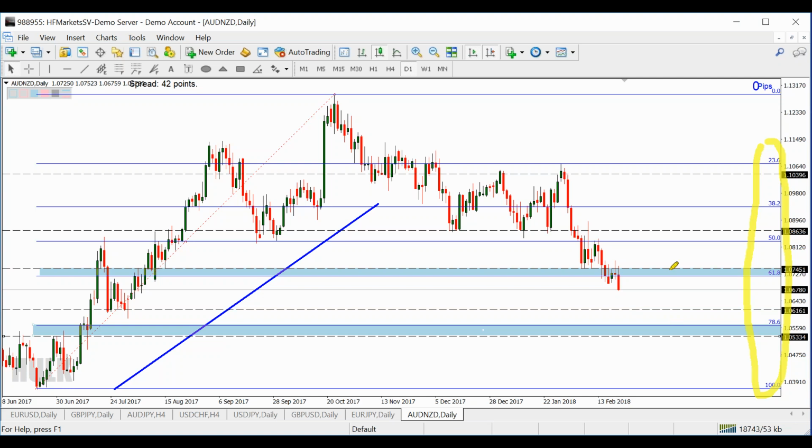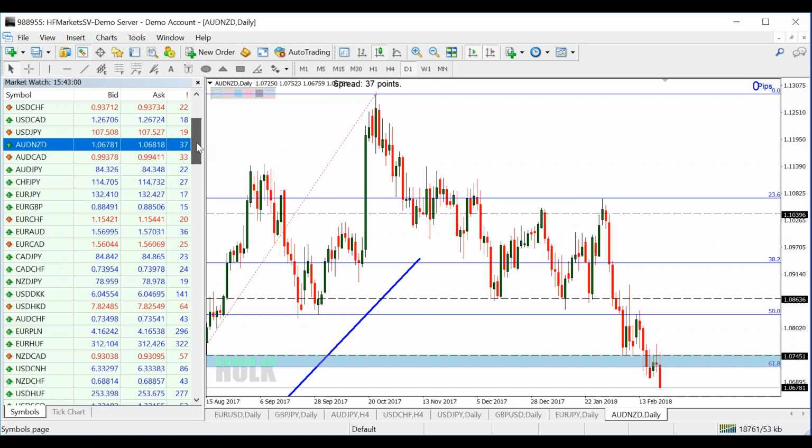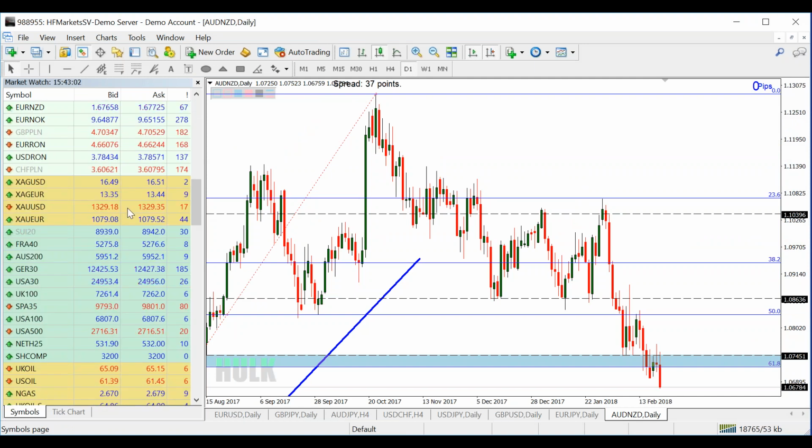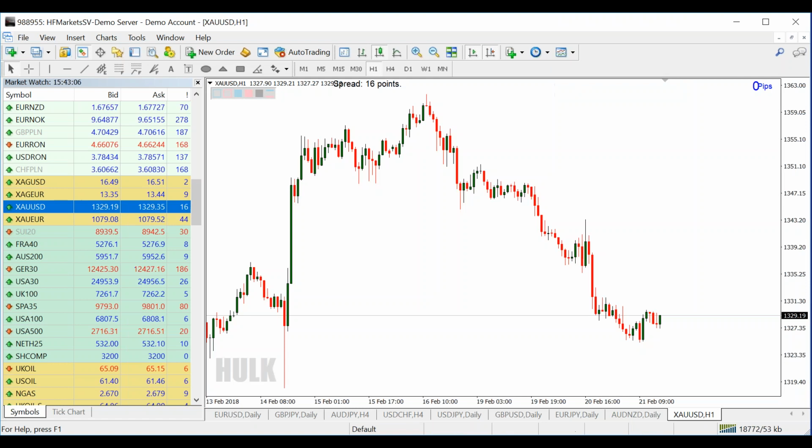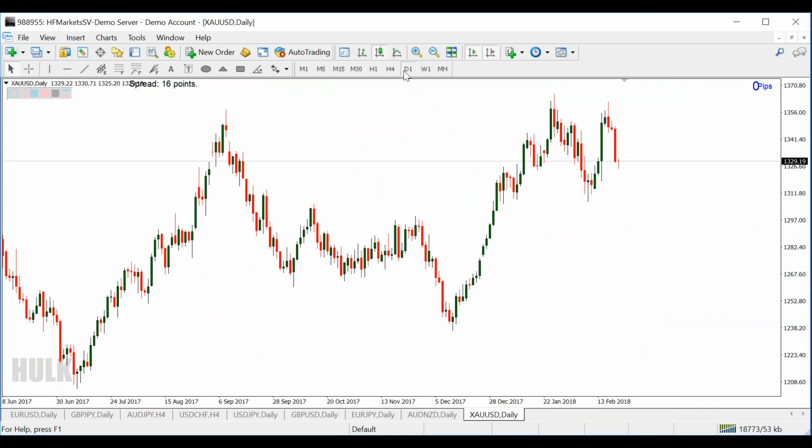So what happened? We try to use a conventional support and resistance and try to find the closely overlapping zone with the Fibonacci. Ini adalah zone-zone yang menarik untuk kita trade, untuk kita cari potential reversal point. Okay, gold. Try tengok gold. Saya banyak pada daily. I want to show you daily first.